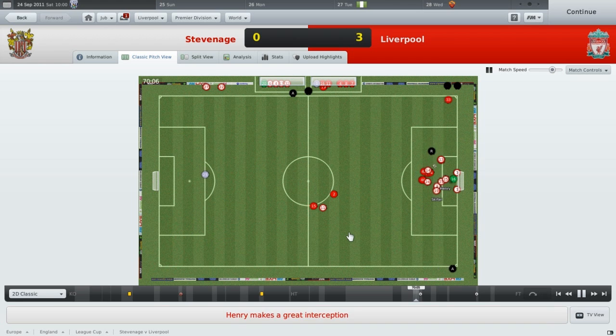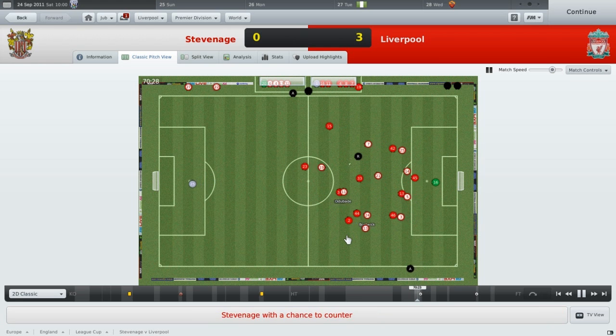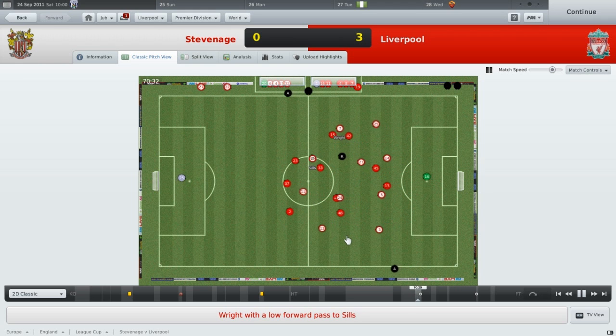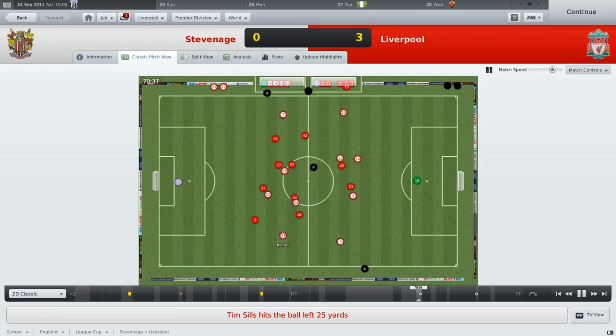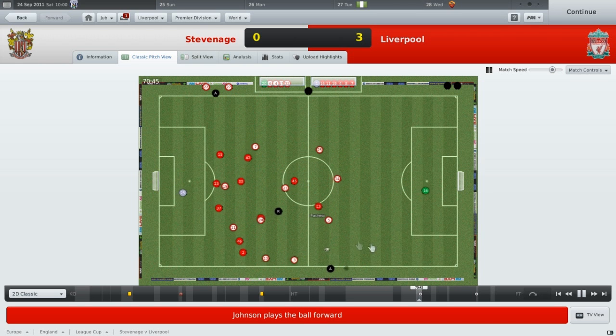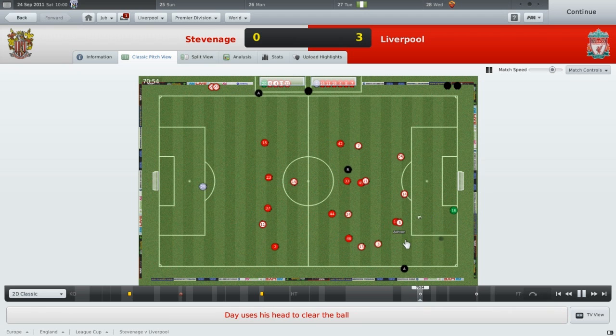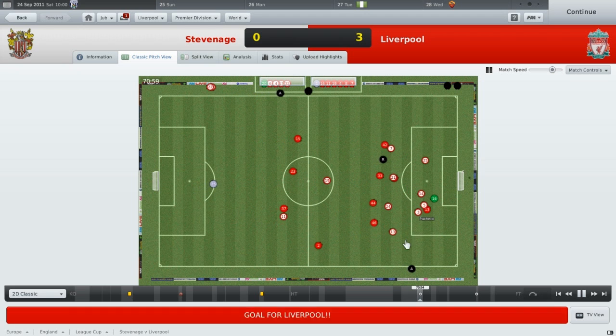And then in the second half, the second goal came. Really terrible mistake here from the general Stevenage back four, or defence I should say. At this point I thought they were going to score because it was still 1-0, and I thought maybe they might be able to get us on the break, but thankfully not. Glenn Johnson got it back, and I don't know what the Stevenage keeper was doing here, but Pacheco, interception, and